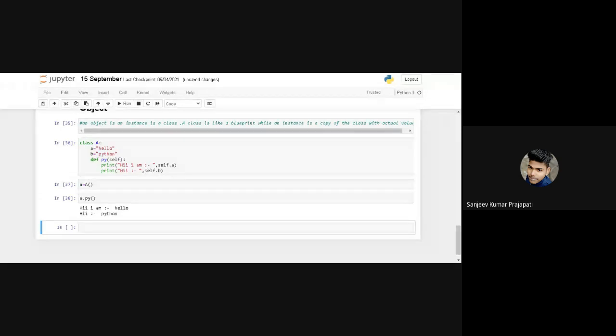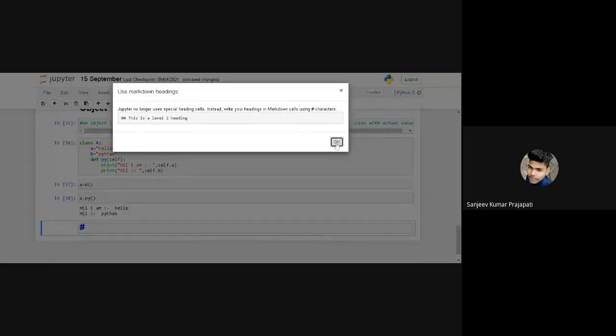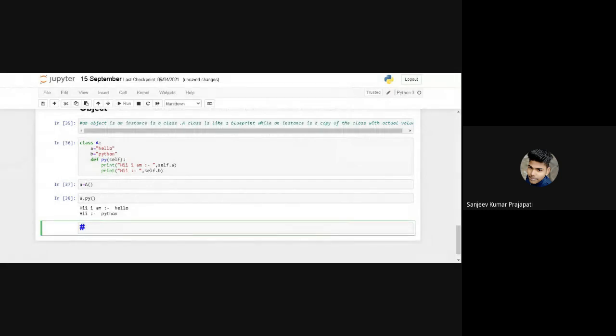So next, I'll give you more examples. Next is adding parameters to a class method.